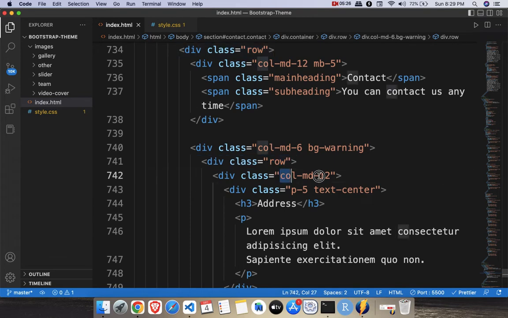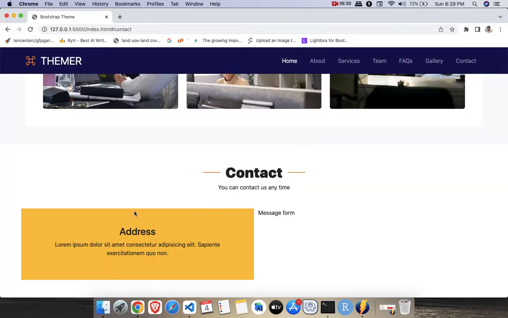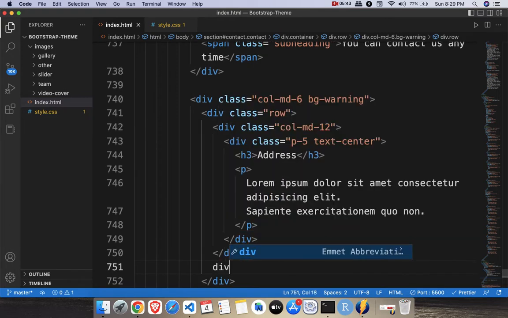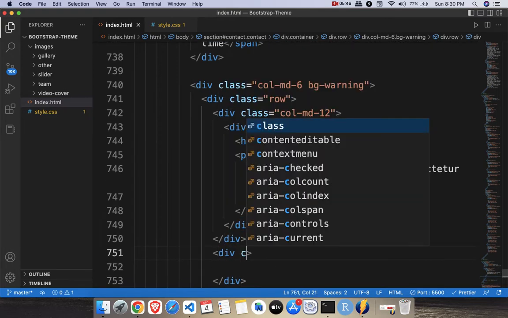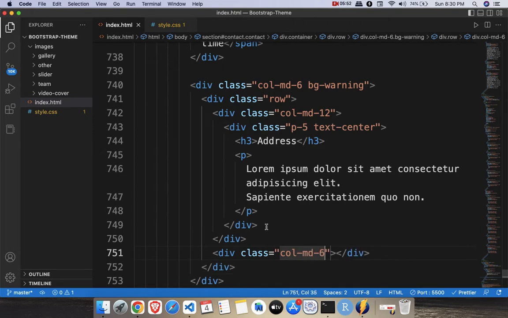Inside that we have used all the 12 columns and we got the padding of 5, so this padding is because of that. And then you have created the address inside the section. Okay, and now inside the same row here below this, here I want to create one division with column of 6, md-6, and inside this I just want to give an email address, so I'll create another division